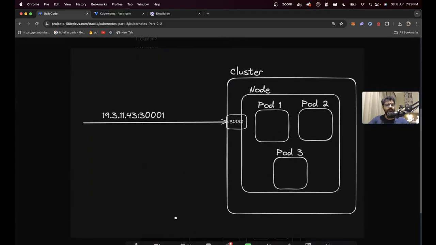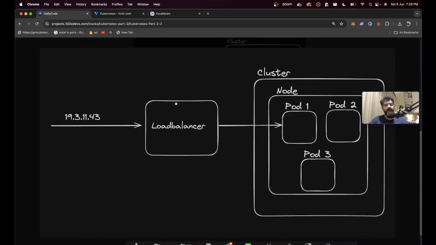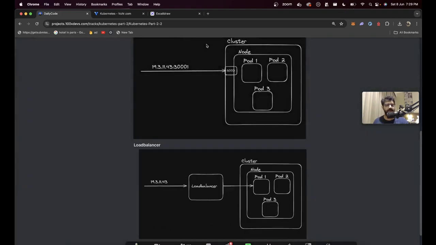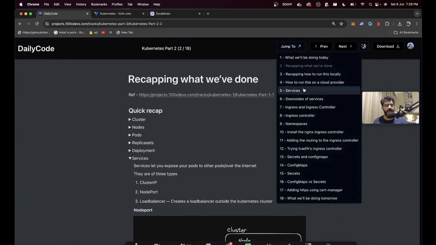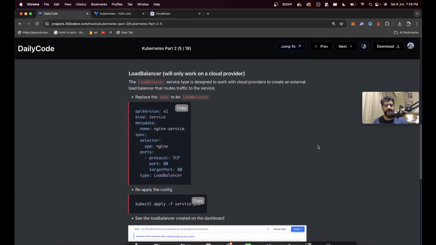This service right here. But we don't want this. We want a load balancer service. We don't want to expose our node's IP to the world. We want to create a fresh load balancer where our service starts. And hence, we will be doing something else. We will be creating